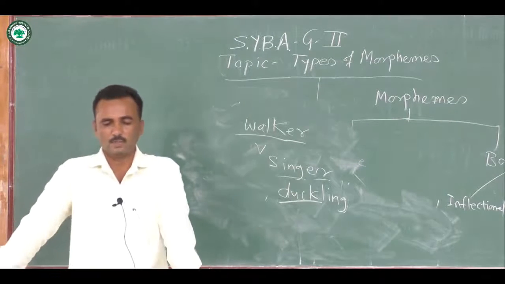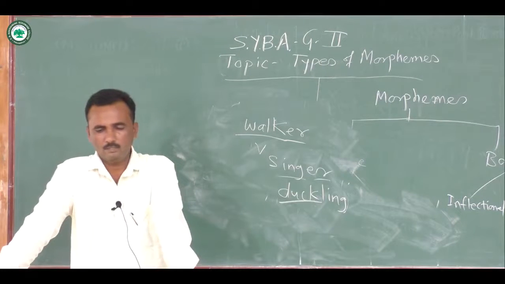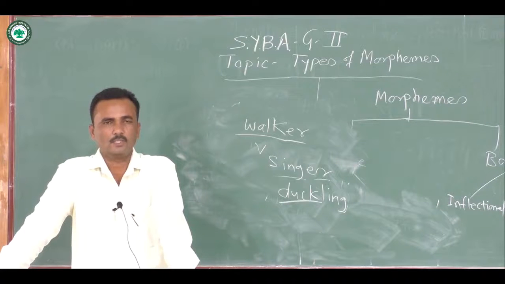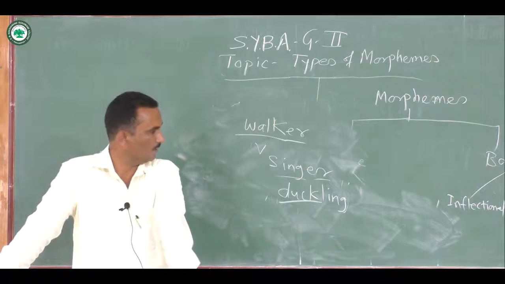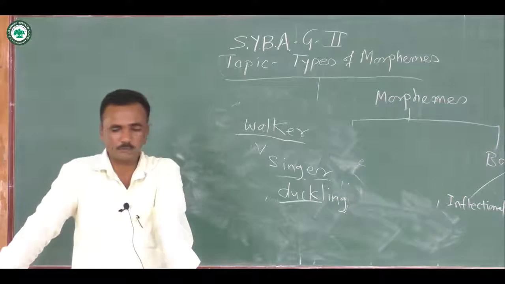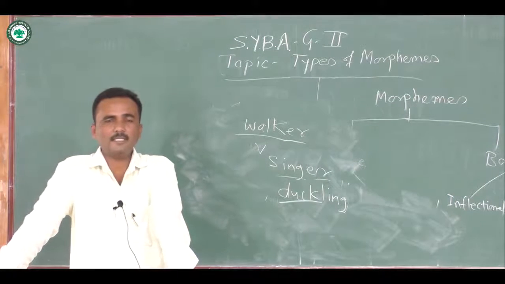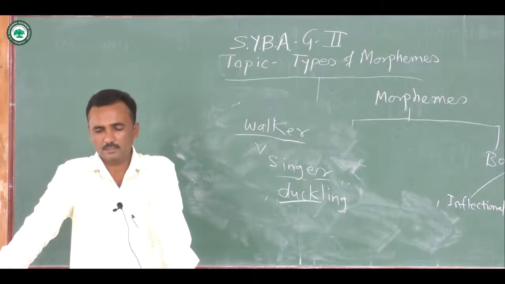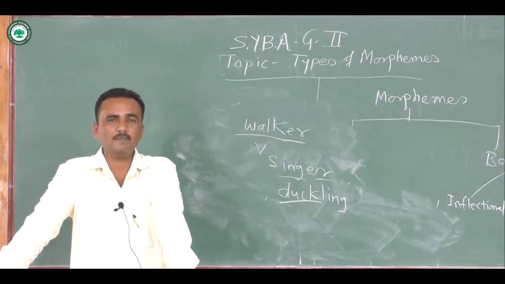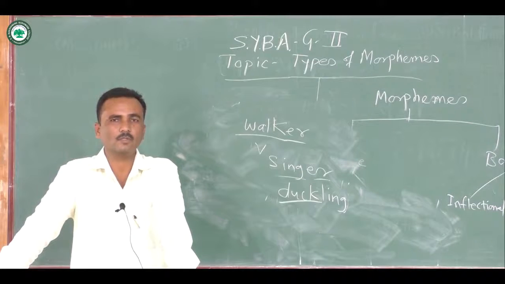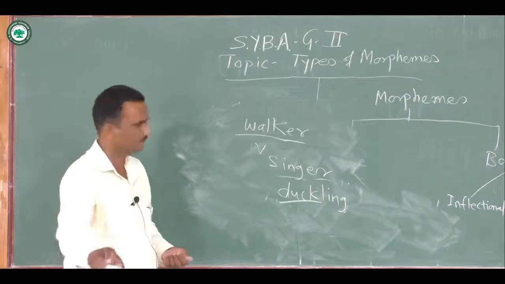Inflectional morpheme. So an inflectional morpheme provides grammatical information or has a grammatical function. See, it only provides grammatical information. It does not change the class or the category or the function of the word. So the basic meaning of the stem remains the same. We can add a morpheme there, but this addition of morpheme does not change the meaning of the root or the base.